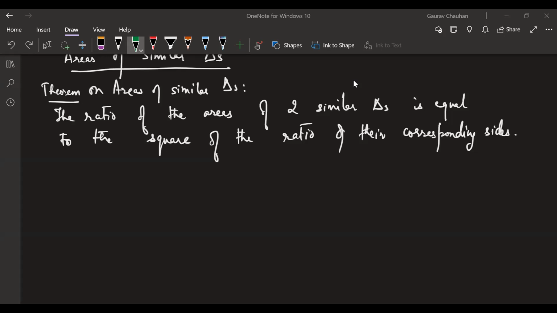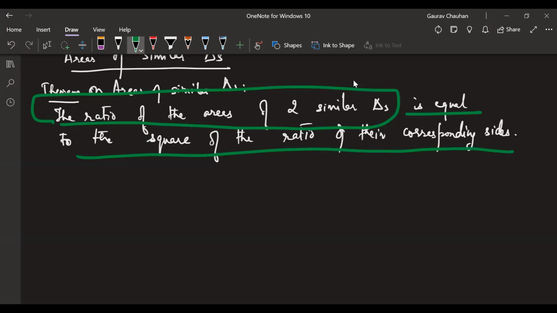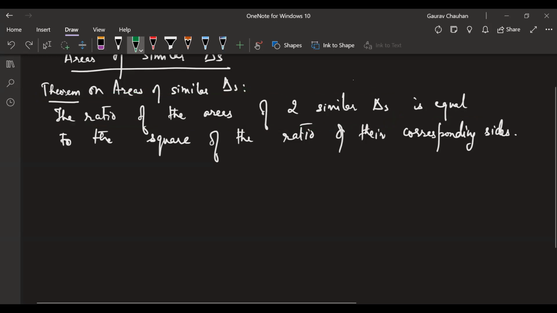Sir, given is that the ratio of the triangle of two similar is equal, sir. Ratio of the triangle. Ratio of what is equal? Areas. Ratio of areas is equal. Okay, you are reading this as a sentence end. This is not sentence end. The sentence does not end here, Deepak. The sentence continues. The ratio of, this is the subject, is equal to the square of the ratio of corresponding sides. This is the whole predicate. Deepak, you want to take a shot again?